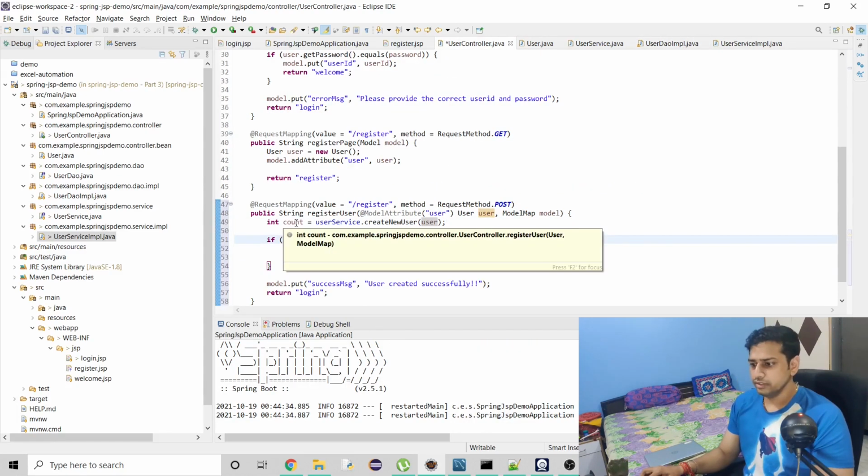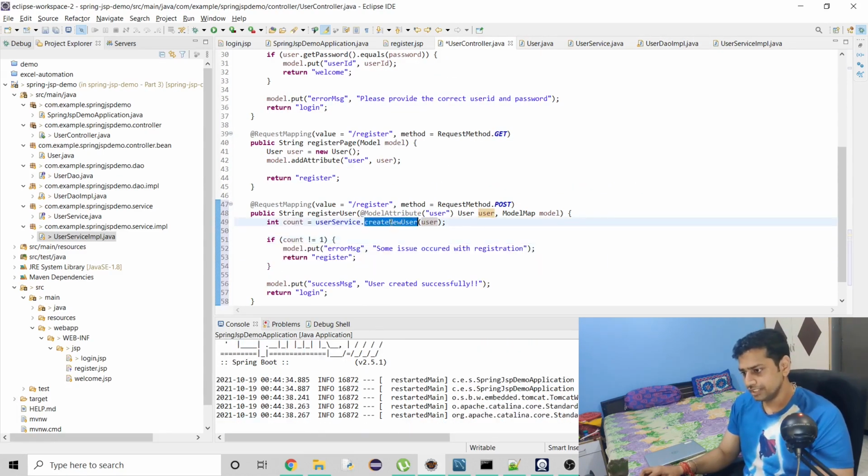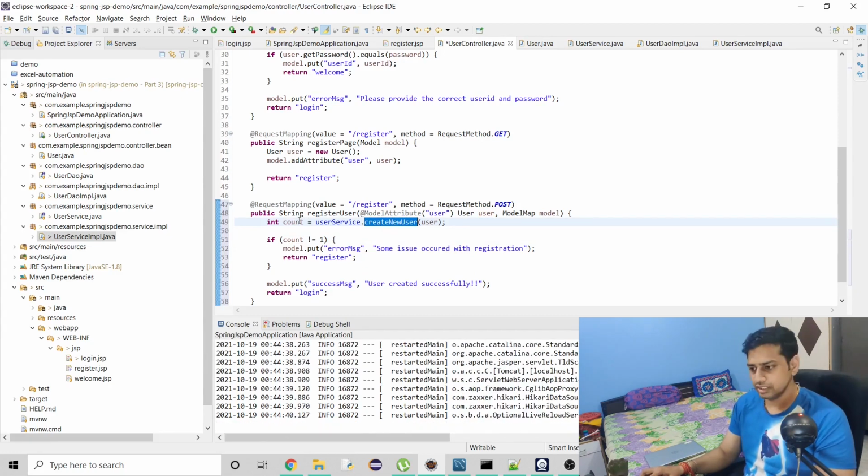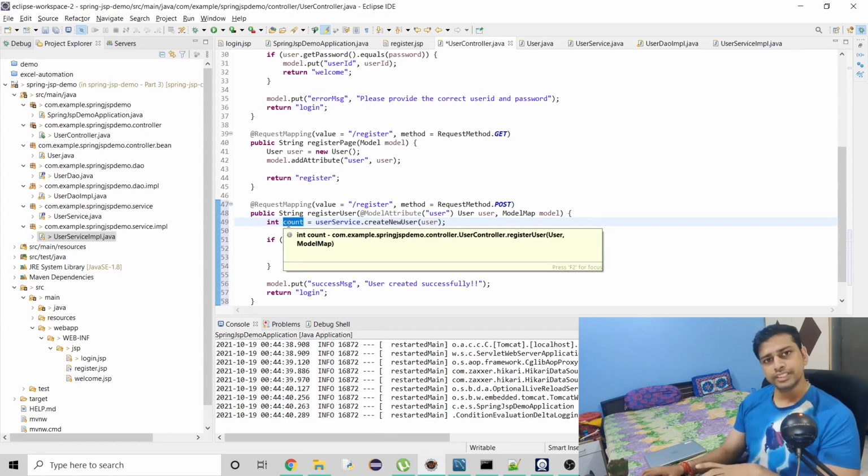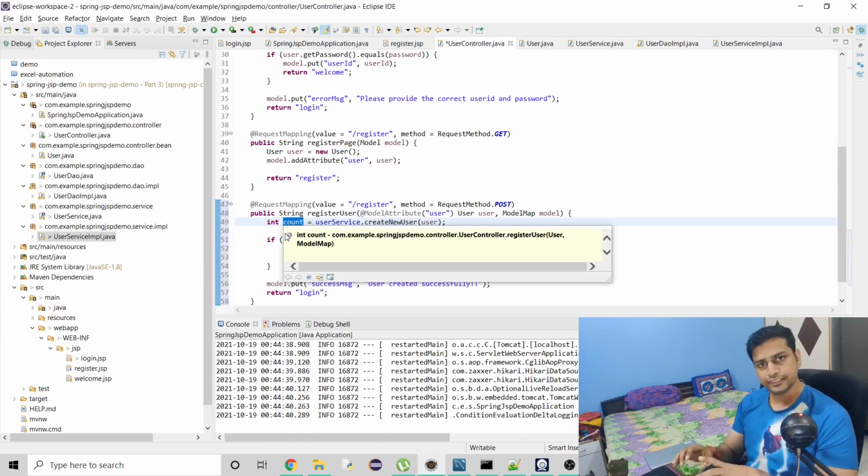After that, let's come down to this. Here, when we hit this method, we get the response back as count. If the insert query is successful, and there is only one insert query you are executing, you are expected to have only one result back, as in one row affected.